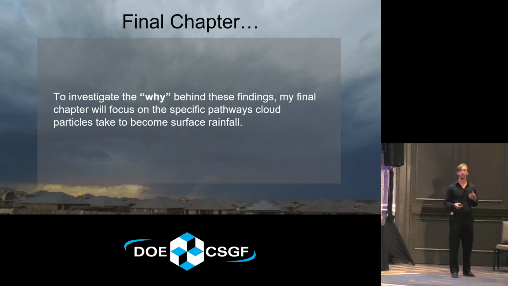And in my final chapter, I'll be looking at the why behind these findings. In order to do that, I'm going to focus on the specific pathways that precipitation takes